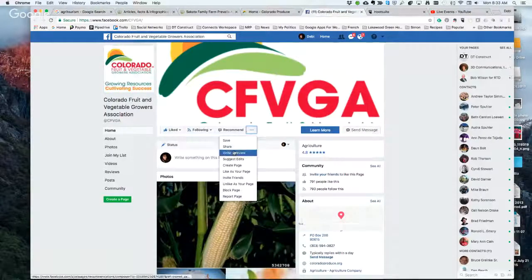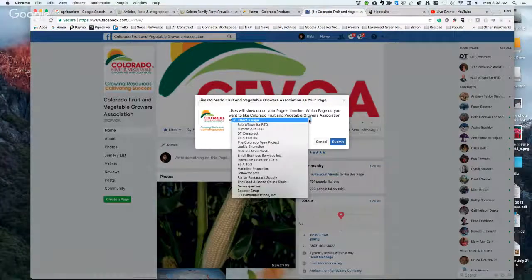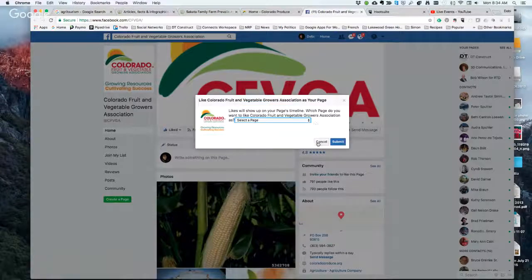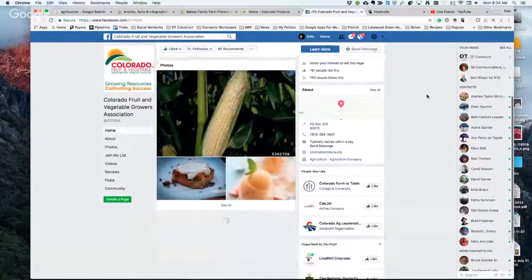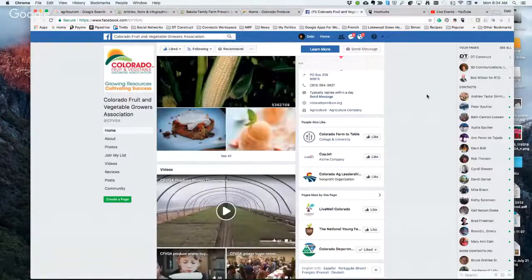Clicking those three dots, it says unlike this page. I must like them already because it had the option to unlike. So they just never got put into my digital neighborhood.